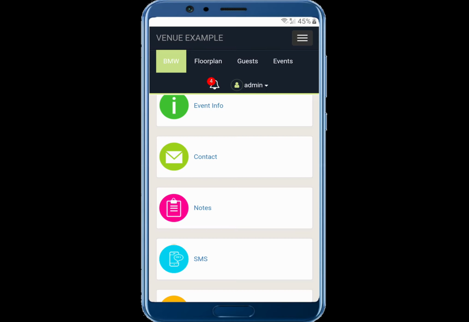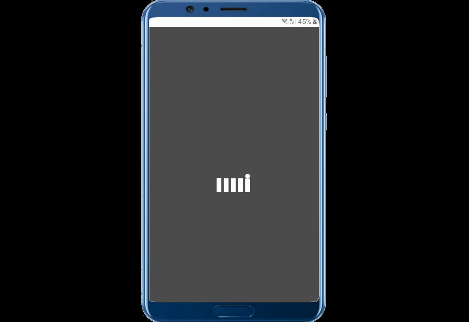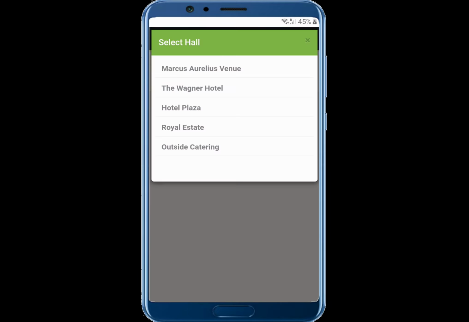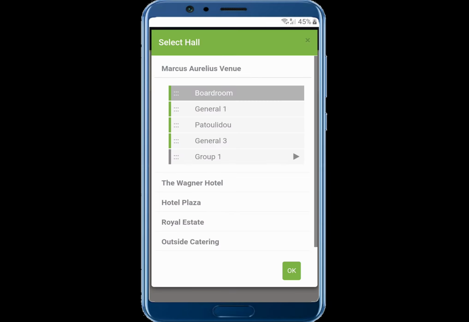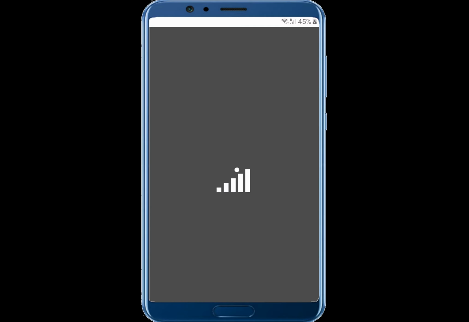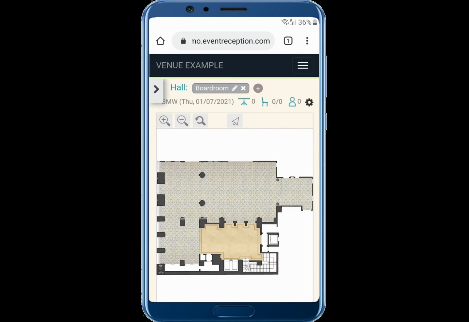Let's make an event floor plan on a mobile phone on the fly. Select your venue from your venue list and tap OK to load the venue's plain floor plan. From here, you can either load a ready-made setup or create one from scratch. Let's make one from scratch to see how easy it is.